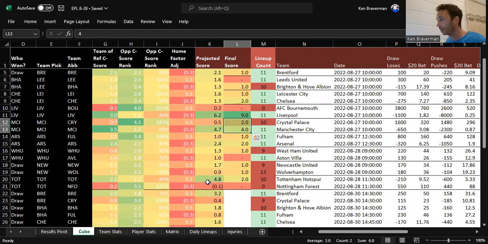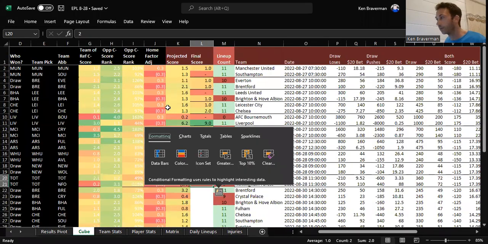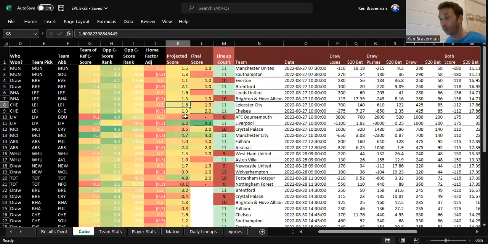I was able to get Tottenham Hotspur. It said they would get 5 goals. They only put up 2, but they dominated 2-0. So a lot of interesting things happening here. We're going to test this out and continue to do this, but this is definitely better than week one of this.